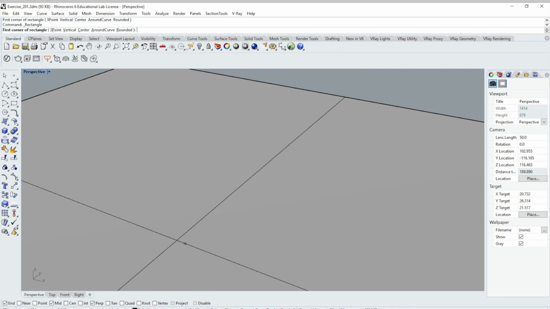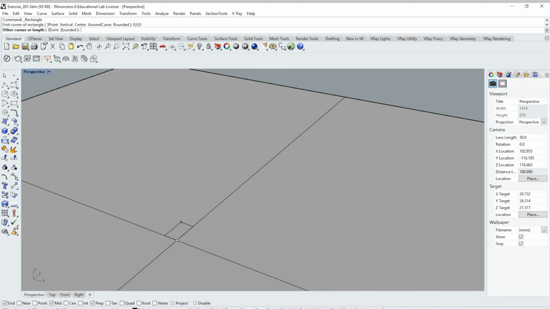Now I want to start my drawing right here where the origin is, and I'll do that by typing in the coordinate of that origin, which would be 0, 0. Now it's assumed that it would be flat on the ground, but I can add the vertical as well. So 0, 0, 0 would give me x, y, and z values. We'll talk about this a little bit more next class and what that really means.